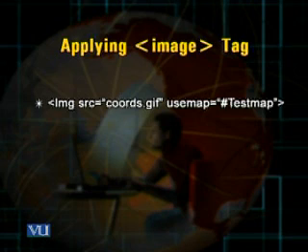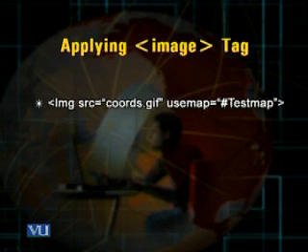Then I use another special attribute which is usemap, and I keep the value of the usemap attribute the same as the name of the map in the map tag. Remember, in the map tag I had used the name attribute and given a name to this map: testmap.